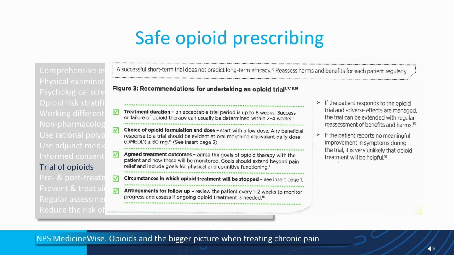Your trial of medications. Again, you're going to define what the trial is. You're going to have agreed outcomes, pain control, functional improvements. What are the goals that you want to get to? If a patient's not getting to those goals, then this might not be the therapy. Follow up regularly, every 2 weeks. Have an exit strategy. We will be weaning and stopping these medications if the following happen. So the patient is on board. Use the lowest dose. Keep the dose low. The trial is going to last for 2 to 4 weeks, 4 to 8 weeks, 6 to 8 weeks. No more than a couple of months at most.